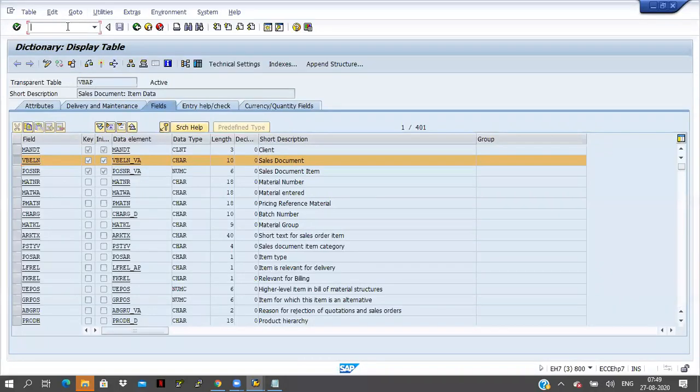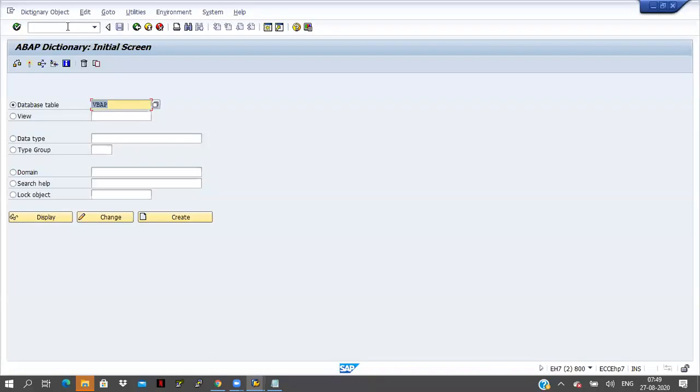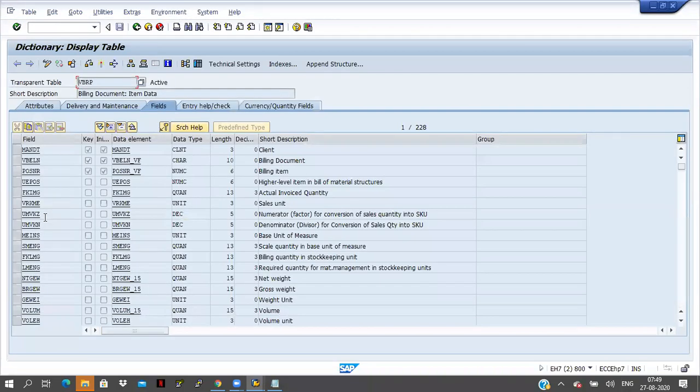Now I will go to VBRP. Here also VBELN is coming, but here the billing document number is coming.